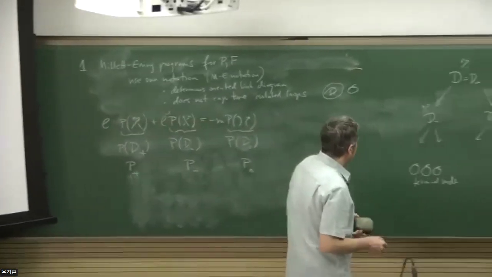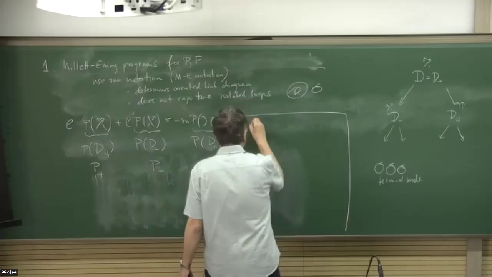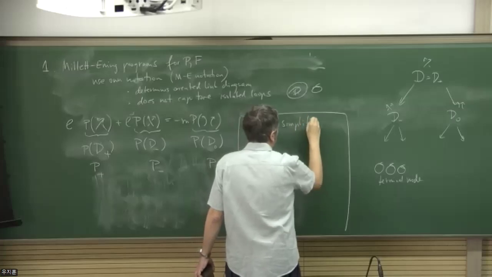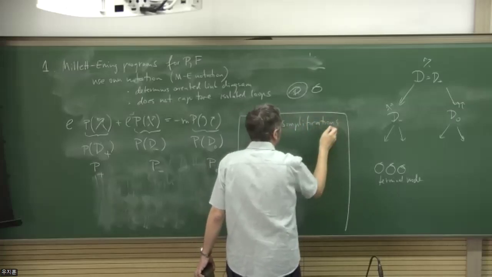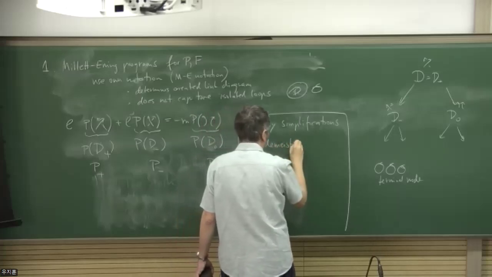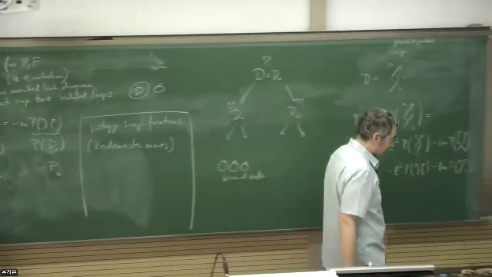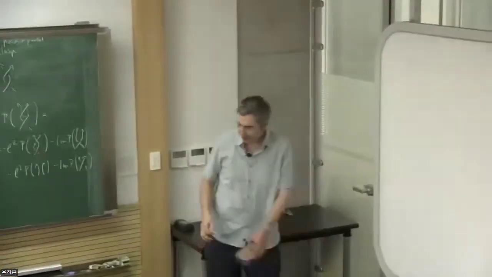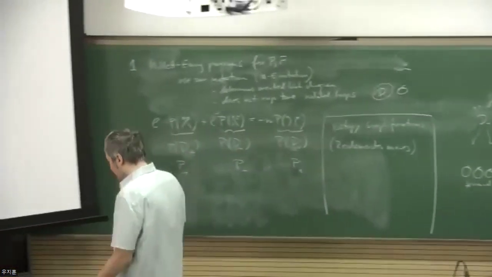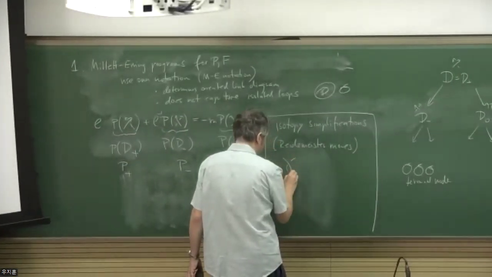Of course, maybe I should say, there are isotopy simplifications, mostly using Reidemeister moves. I mean, this is also in one of my lectures long time ago, like the first lecture maybe that I gave about computational knot theory, where I explained what the Reidemeister moves are. Reidemeister moves are moves that transform different diagrams of the same link. And in certain cases, you can use these moves to simplify